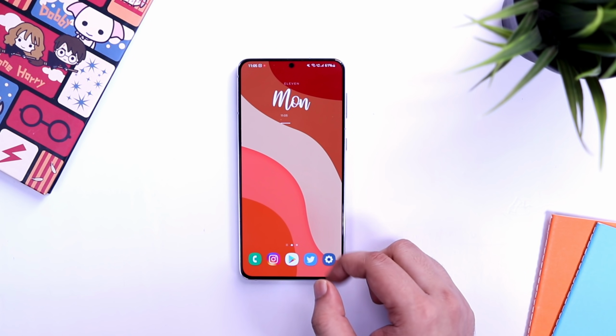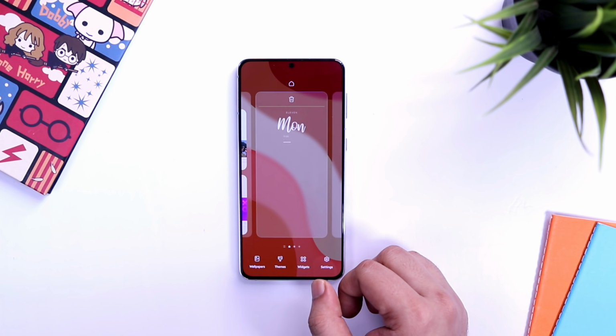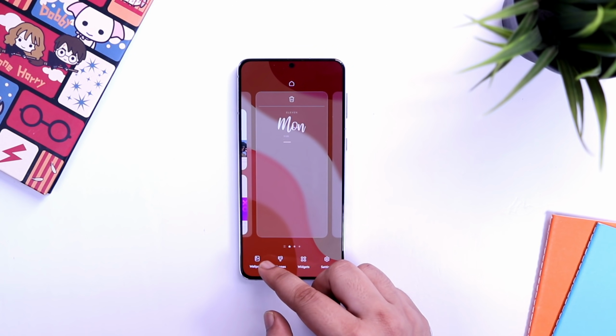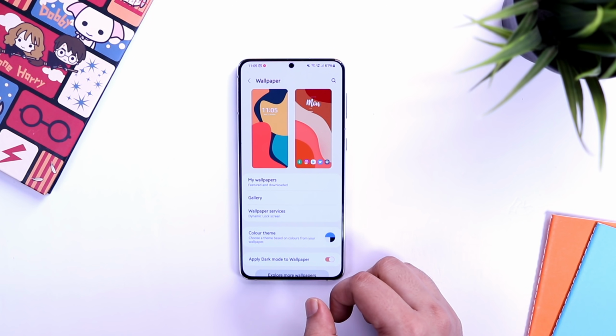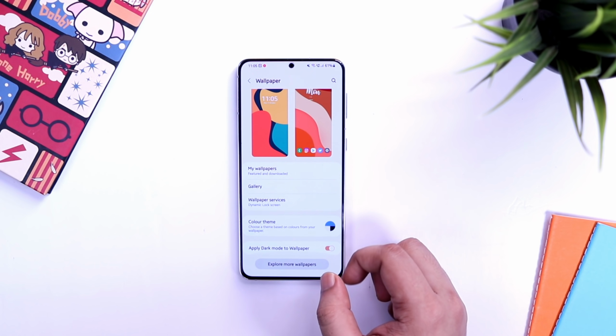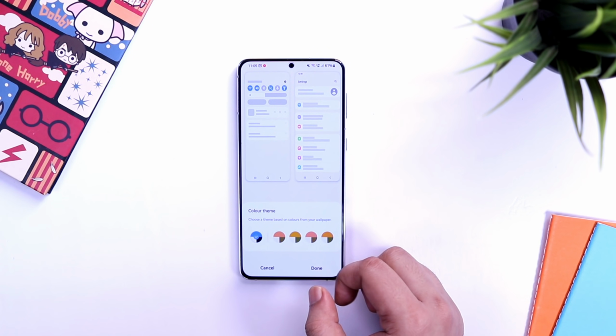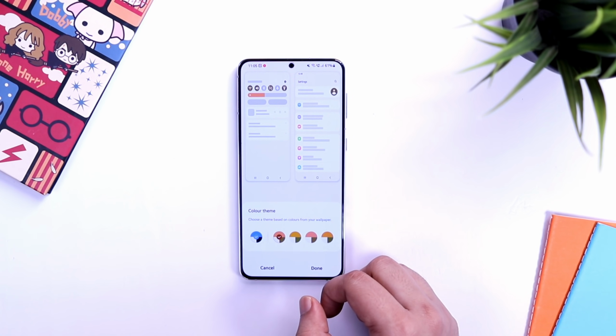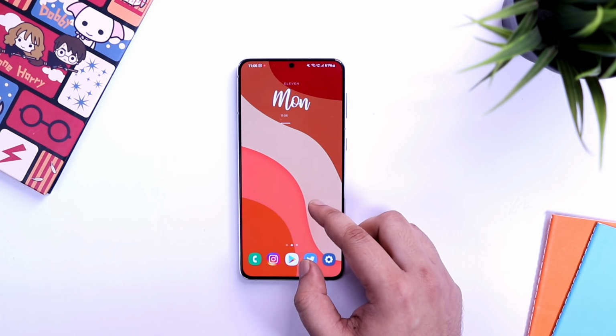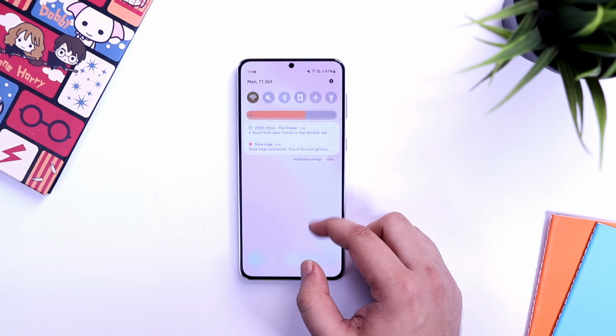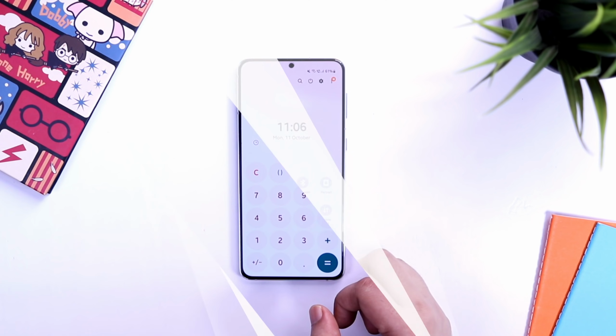Next, let's talk about one of my favorite features, that is the color theming. If I long press the home screen and then go to wallpaper, here we get this brand new option called color theme. Basically, it lets you choose a theme based on different colors from the wallpaper that you have applied. Simply click on it and select from any of the predefined color options picked by One UI depending on the wallpaper. It changes the accent color,